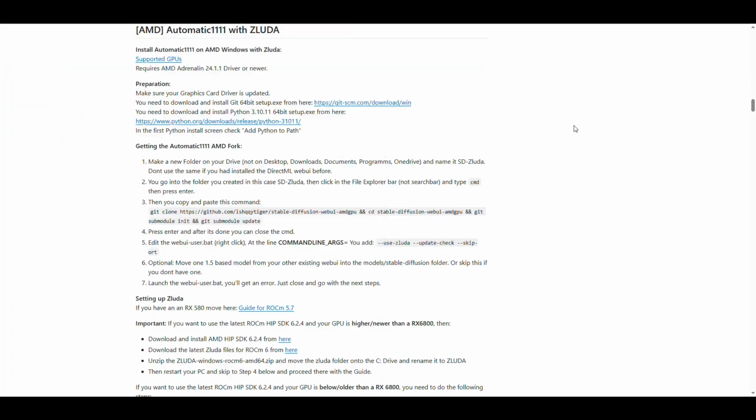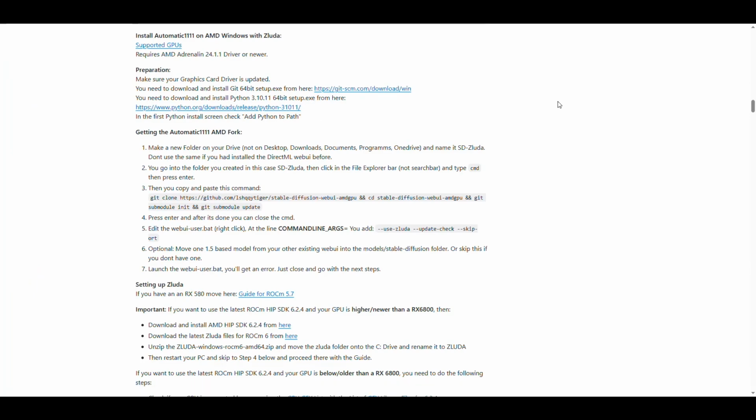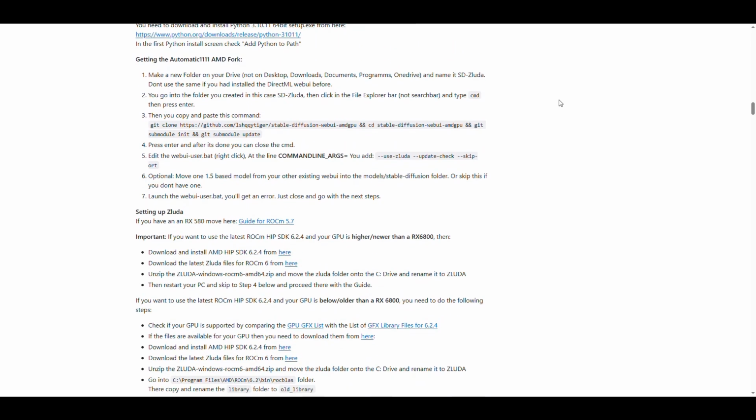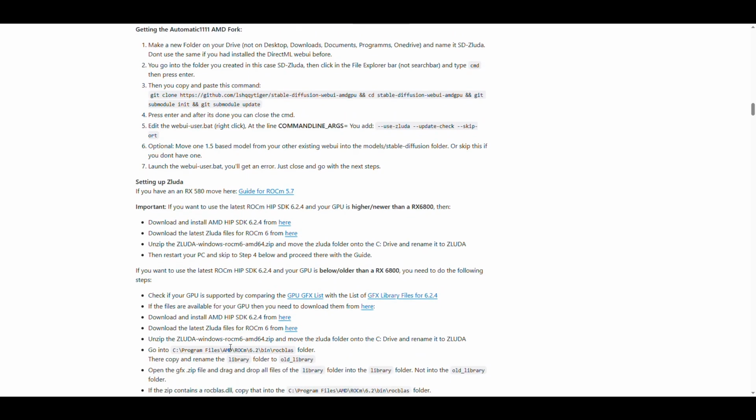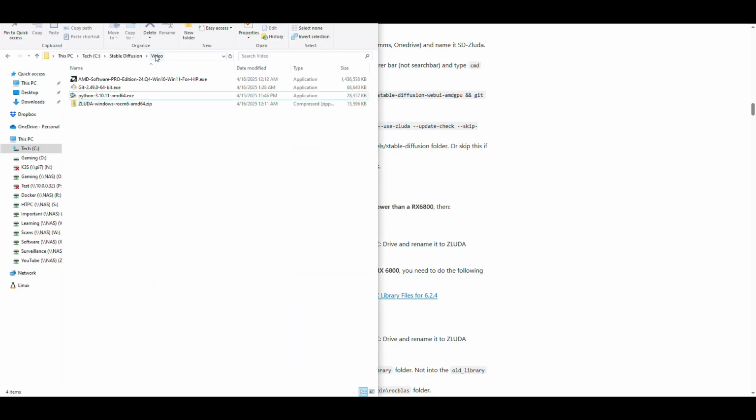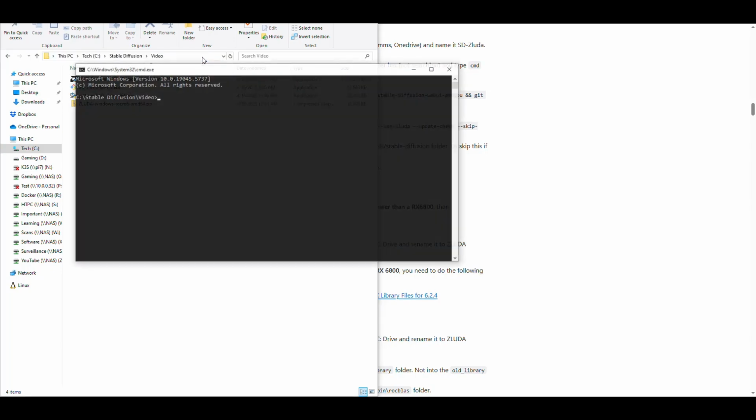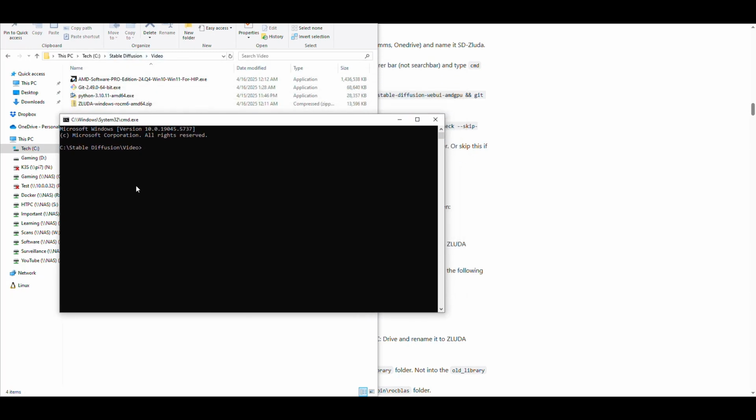And once you have that, then we have these two requirements here. So we're good, we can continue with this. Now, the next thing that we need to do is we need a folder in our system. So what I'm gonna do is I'm gonna have a folder here. It's called video and it's in my C drive. So I'm gonna install it here. So I'm gonna put my cursor here. I'm gonna type CMD and press enter, and then I'm gonna get the command prompt in this location, which is